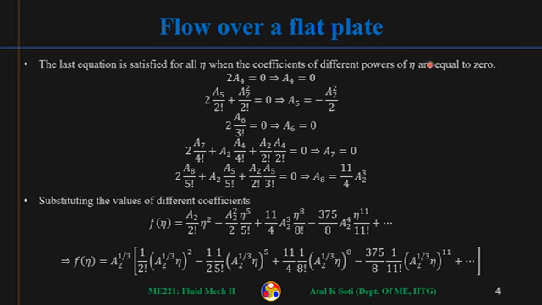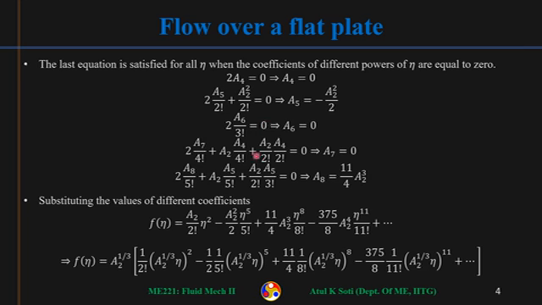individually. So from that we will see that a4 will turn out to be 0. That was the coefficient of eta. Then the coefficient of eta square needs to be 0. So that will give us a5 in terms of a2. It's a relationship between a5 and a2, so I am just representing a5 as a function of a2. Then the power of eta cube was this, equal to 0, so that will give us a6 is equal to 0.